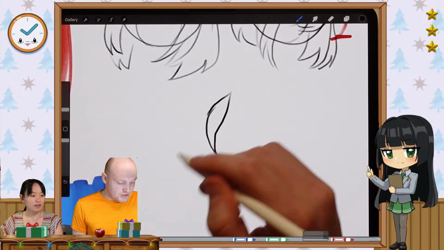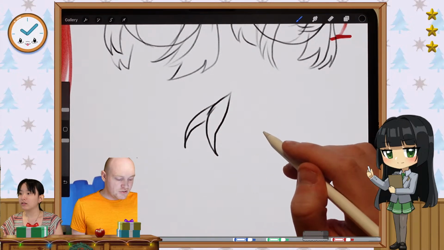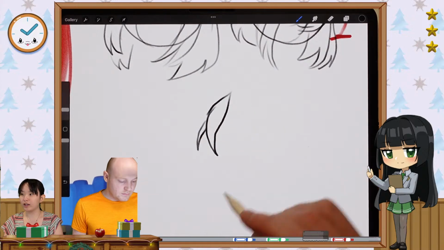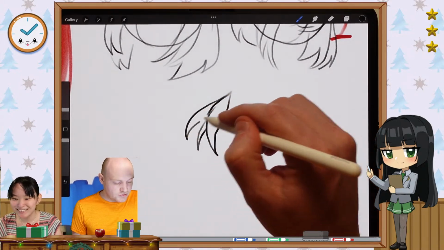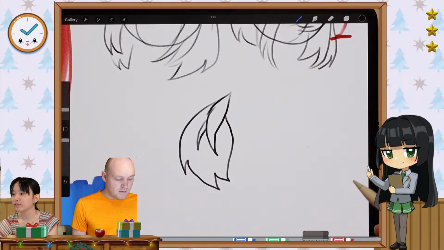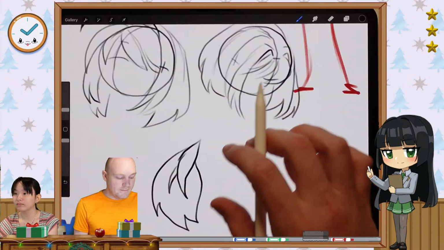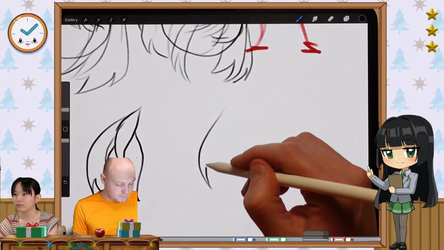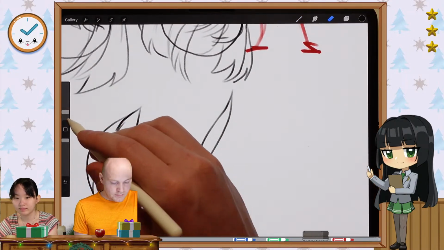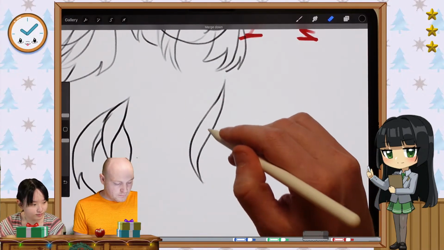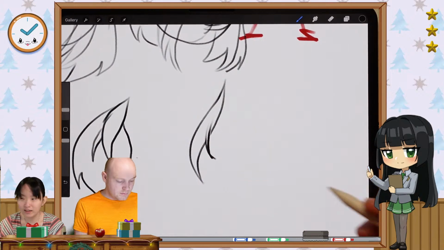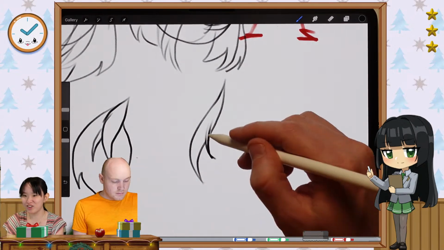An object in front of another object creates a lot of depth. Colin's pretty good at drawing anime hair now. Objects in front of other objects, like we could have a big one in back, like that, creates depth. And you can go in here, and you can even erase out and put a strand in front. That's what I like doing a lot. Like that. Ooh, that's a nice looking strand. I like that.